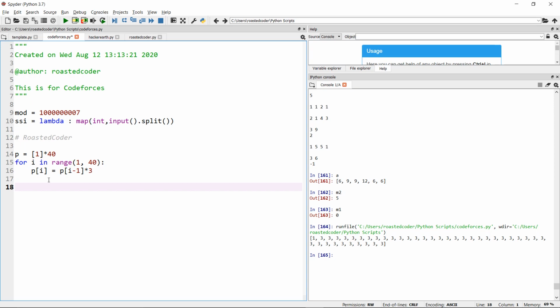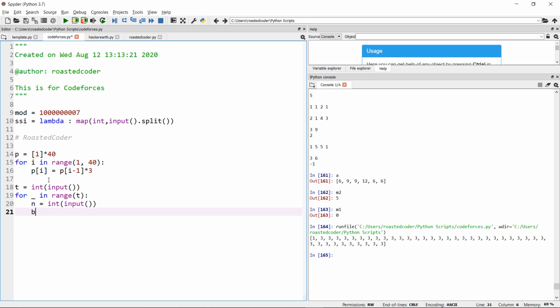Now let's take t test cases, and in each test case let's take n as input, and we have to print the count of elements in the subset at position n and all those elements.